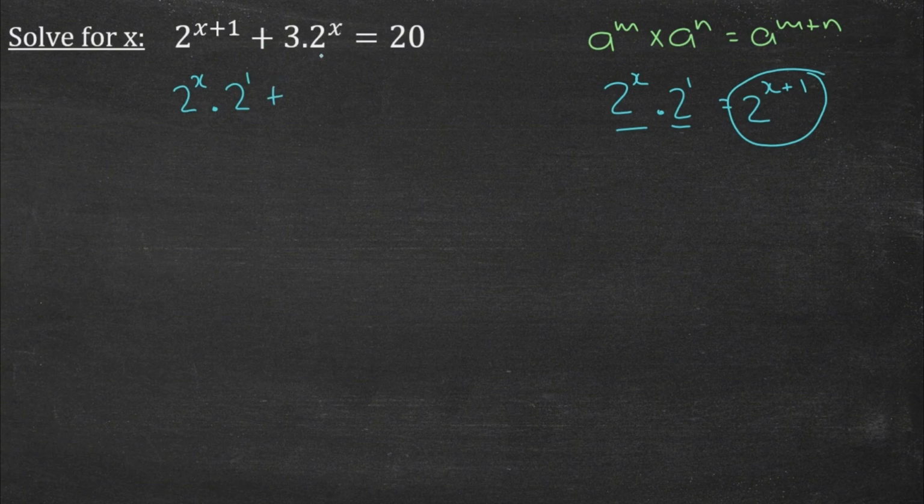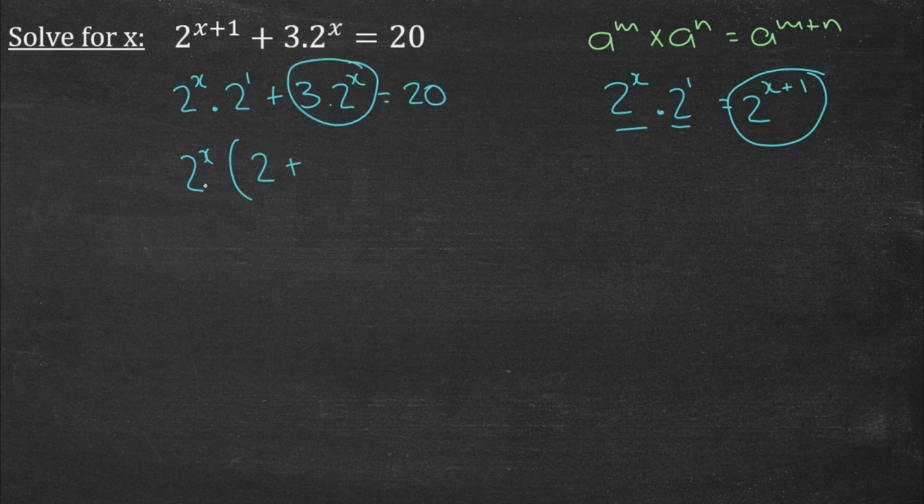Okay, now next up, we have this term. Now for this term, I can't do anything with this yet, so I'm just going to rewrite this term. And the 20, I just write it down. So we still have two terms on the left-hand side, but notice here that each of these terms have a common factor. So that means I can take out this common factor, and let's see what is left over. When I divide this whole term by my common factor, only the 2 to the power of 1 is left over. Now remember, when your exponent is 1, you don't write it down. And for this term, when I divide it by my common factor, only the 3 is left over. And then we just write equal to 20.